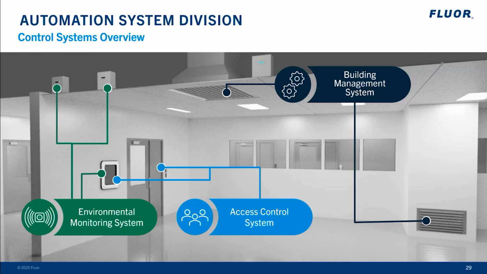Regulatory frameworks like EU GMP Annex 1 and ISO 14644 emphasize the need for real-time monitoring to maintain compliance and product integrity. EMS also supports data integrity requirements outlined in 21 CFR Part 11, enabling traceable, validated, and secure environmental